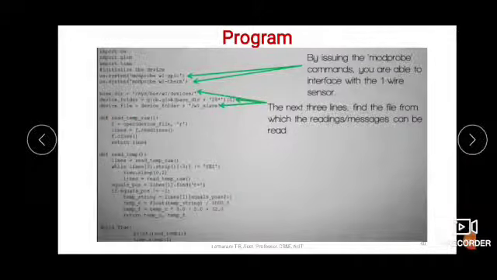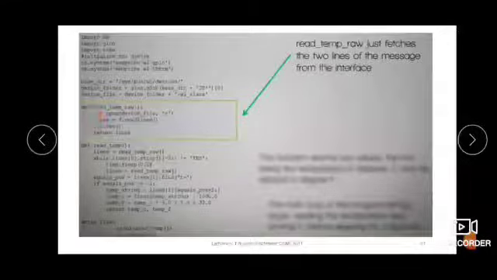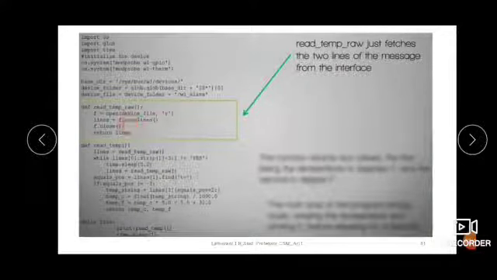So then we have this def read_temp_raw. This read_temp_raw is a function which fetches 2 lines of message from the interface, by opening the device file in read mode, and whatever it reads will be stored in f, and then from that f it will read the lines and store in lines, and then it will close and return the lines which are read to wherever this function is called.